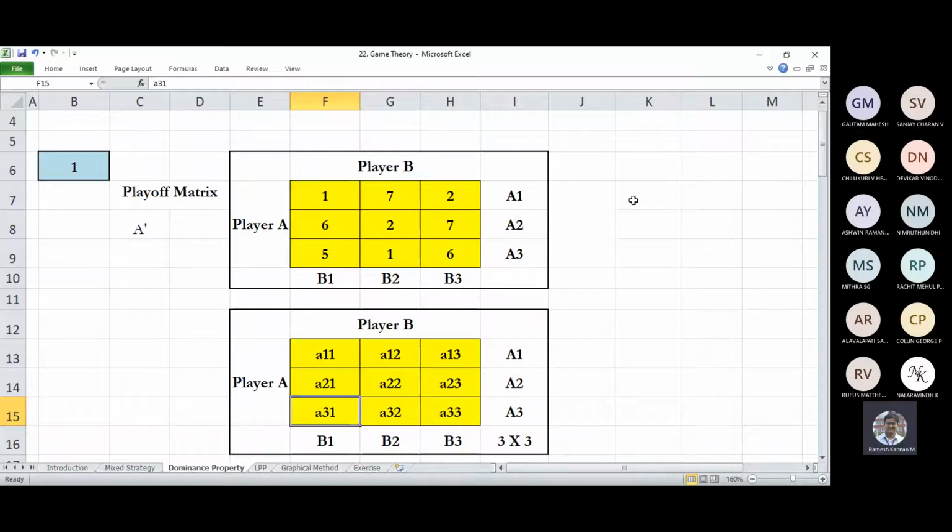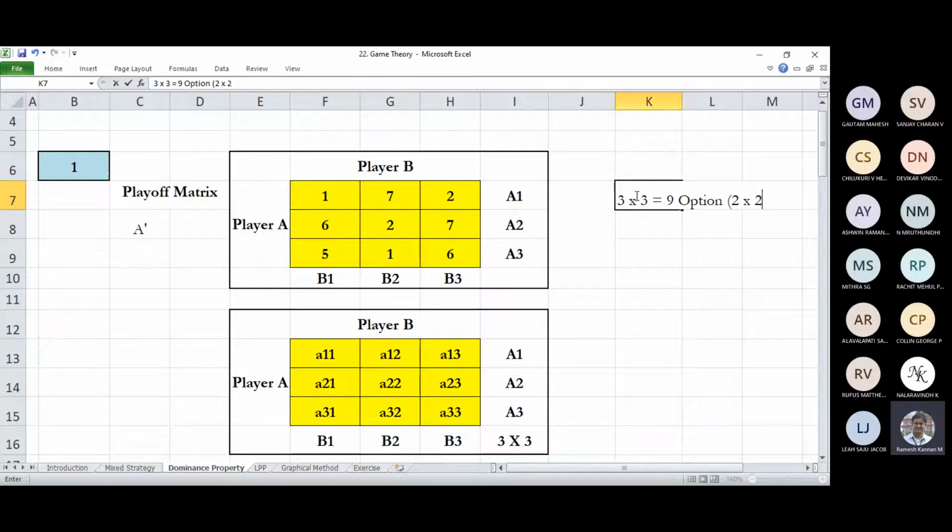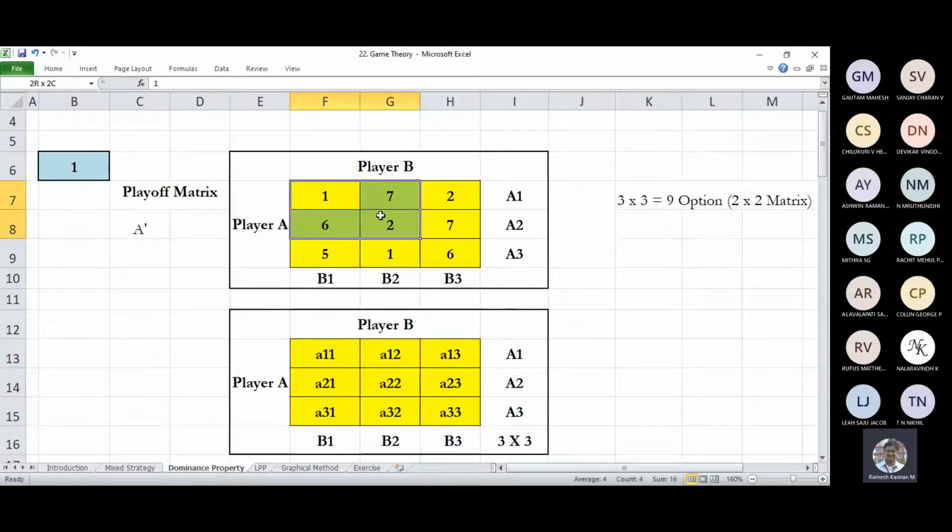This is a 3 by 3 matrix. A 3 by 3 matrix will have 9 options of 2 by 2 matrix. It is called a sub matrix, or you can even call this a matrix. So this is one 2 by 2 matrix, another 2 by 2 matrix, and another, and another, or 1, 2, 3, 4.